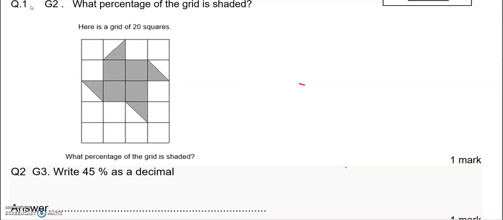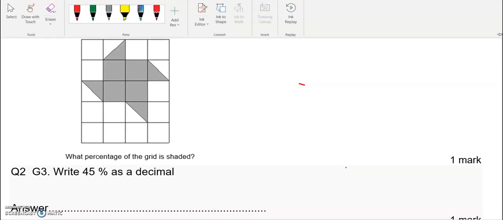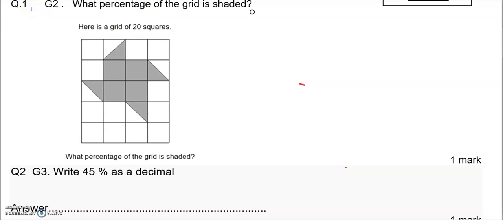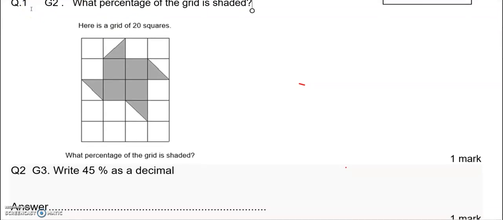So we're looking at the shaded squares or half squares, and we'll try to count them. So we've got one full square here, and another one, another one, and another one. So that makes 4. This and this can make 1 together, so that brings the number to 5, and this can make 1 together to make it 6. So 6 out of 20 squares in total, which is the same as